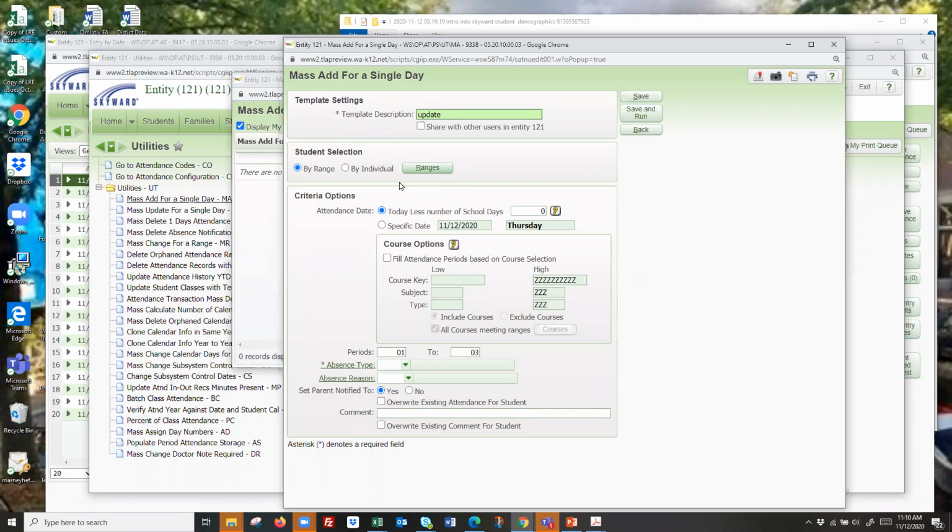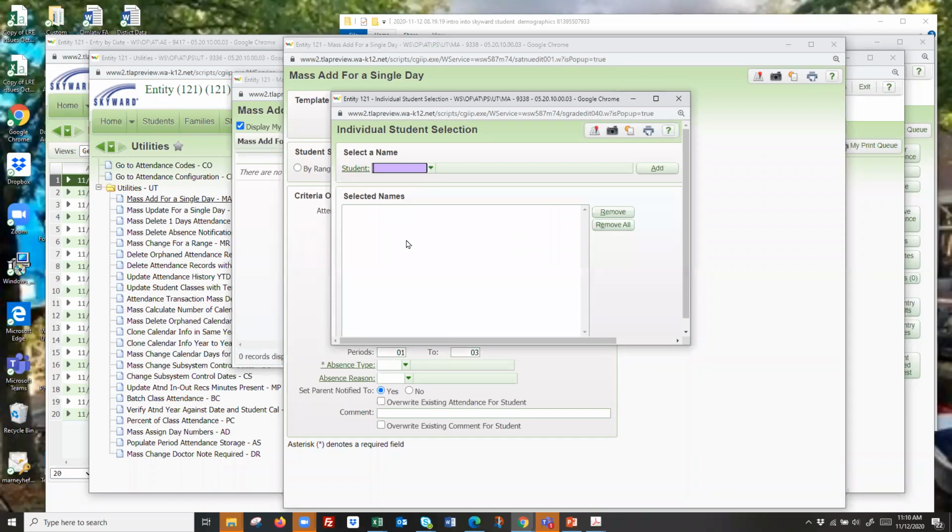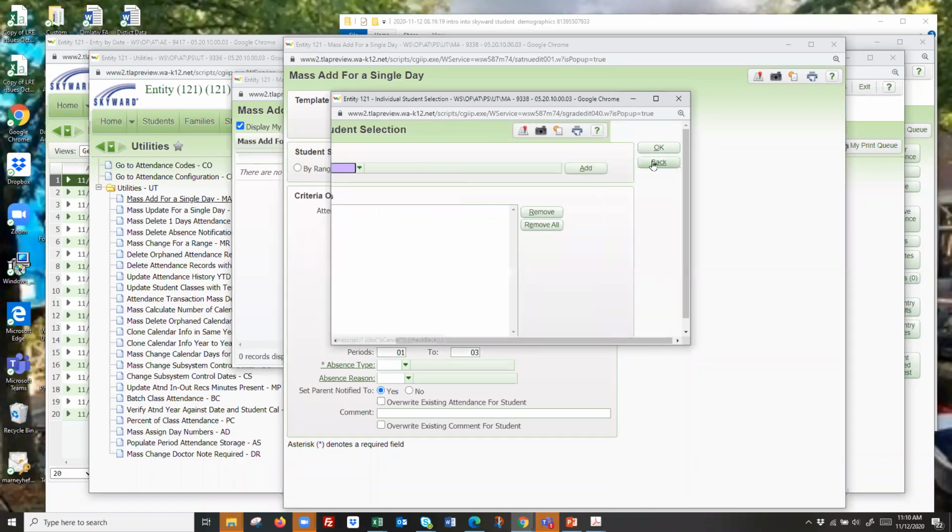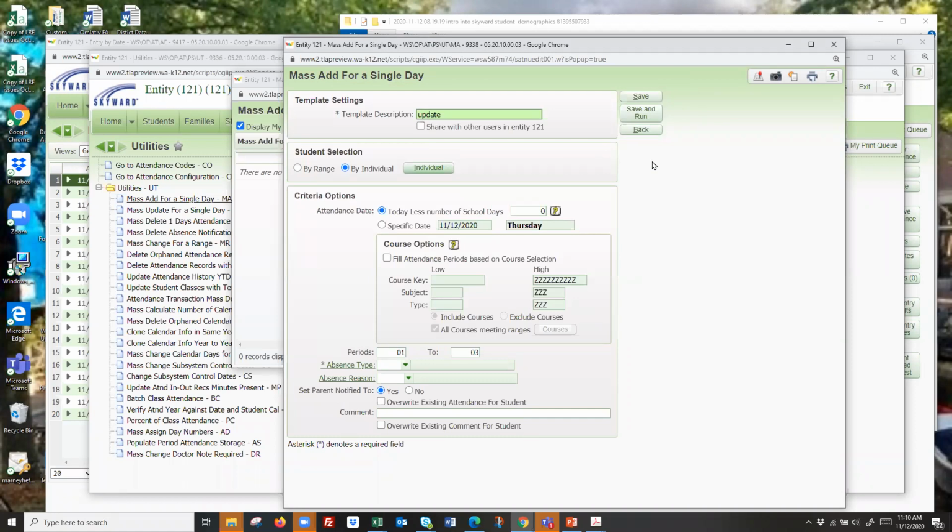I know some districts, if they don't use the activity module, sometimes will come in here and mass add for a single day by individuals, and they'll put in all the basketball players. They'll select all those names and put them in here, and then that's who they take attendance for that day. I think it's a little quicker if you use the activity module and they're already set up, but if you have a group of students who are not all in the same activity, but are all going to need attendance for a single day,